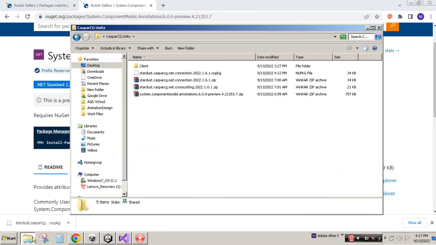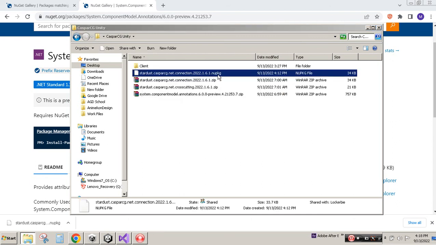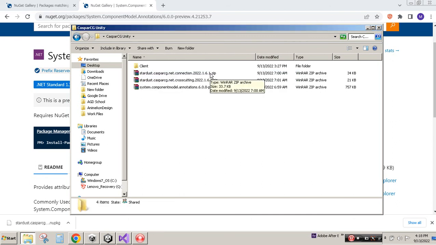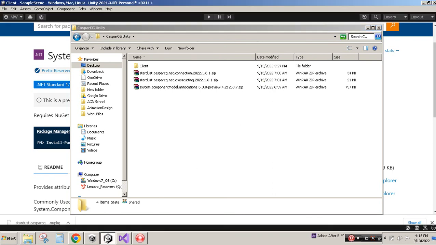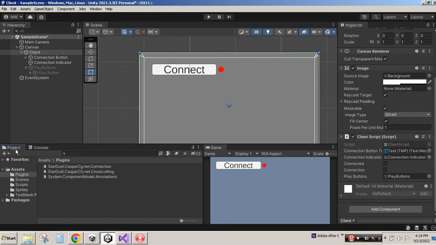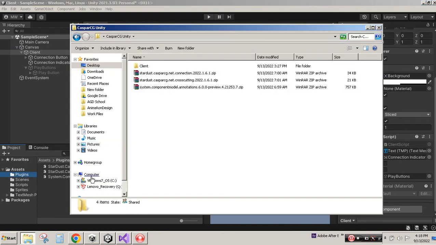Once I had them downloaded, they come in as an NUPKG file, and all you have to do is rename that to zip, which I've already downloaded the files I needed and converted them to zips. In Unity, you're going to want to create a folder called plugins. And in here,